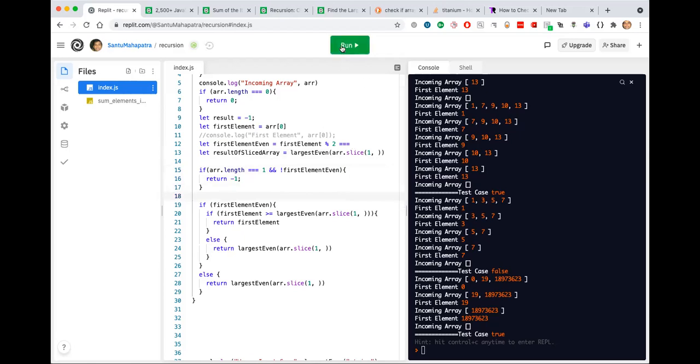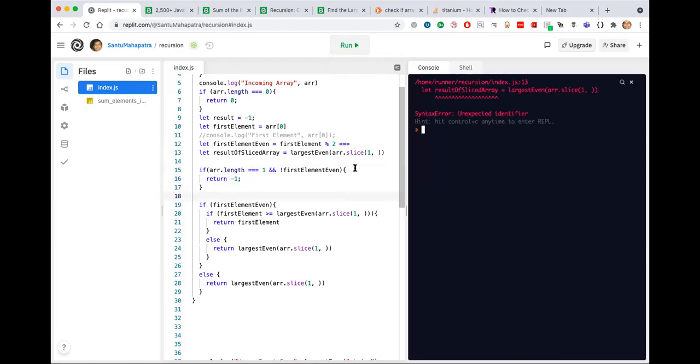This should work. Expected identifier, let result of sliced array. Not used it anywhere.